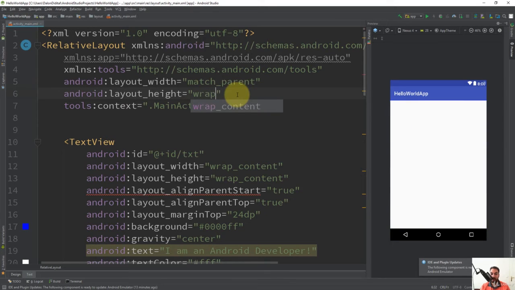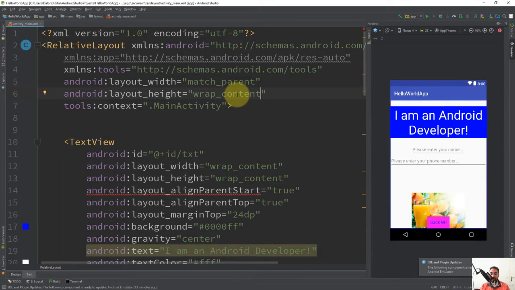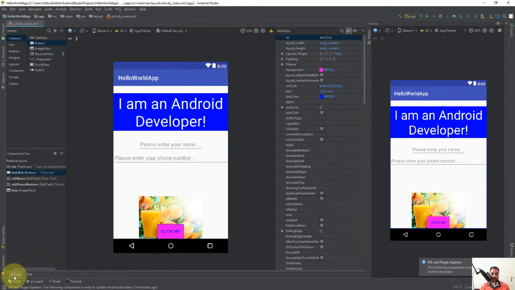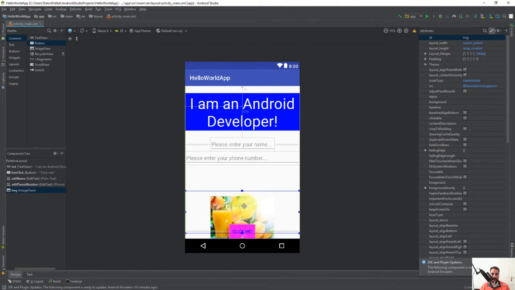Again, you can use wrap content here, but because it already has components, you can see that some items are not organized and disorganized here. For example, this button is now on this image because we changed the layout height of the root layout to wrap content. If you already have the UI components inside your layout, then adding components to the layout may not cause any problems. So if I switch to the design tab, now you can see that we need to change